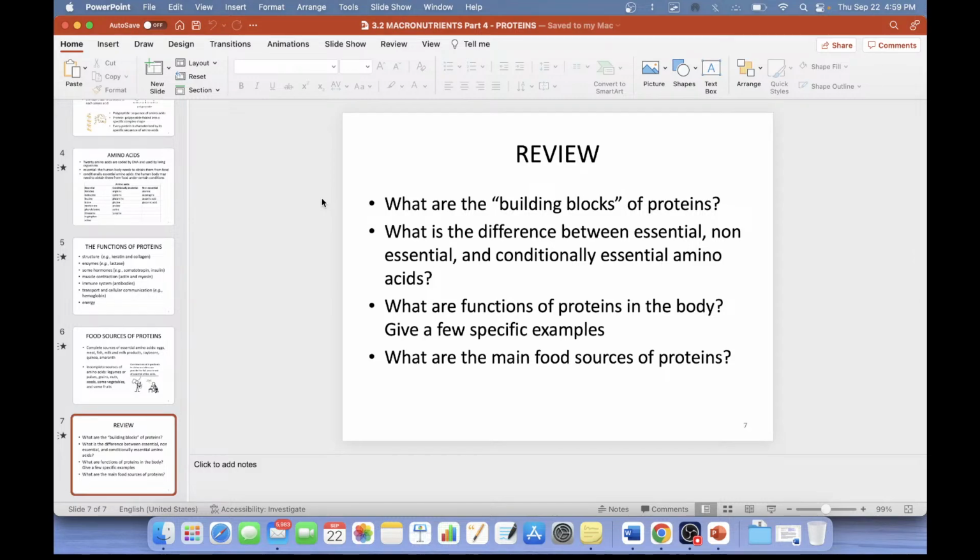What are functions of proteins in the body? Give a few specific examples. And what are